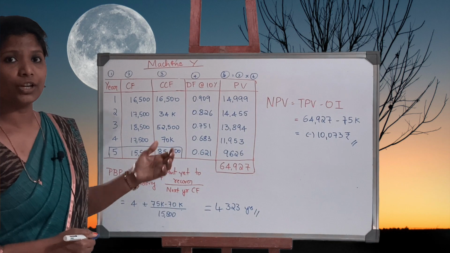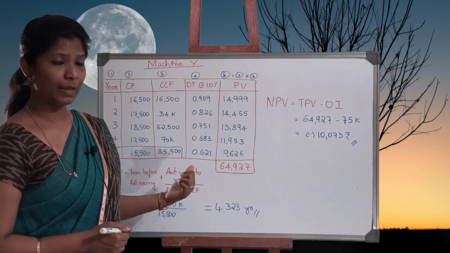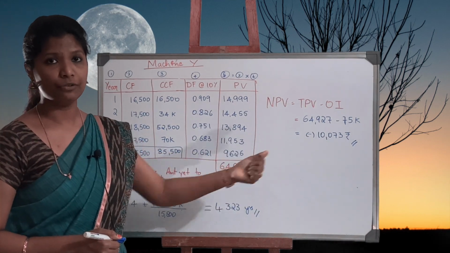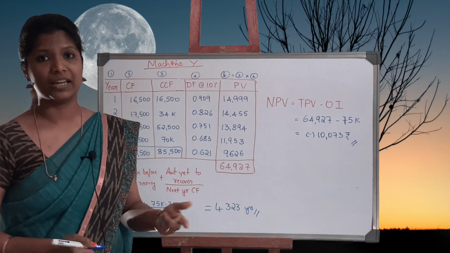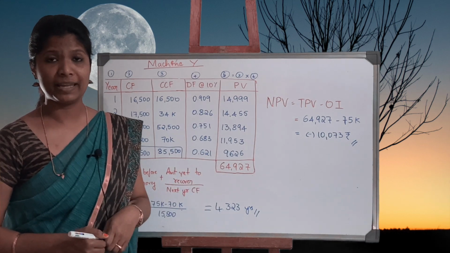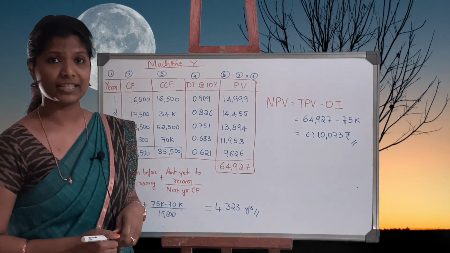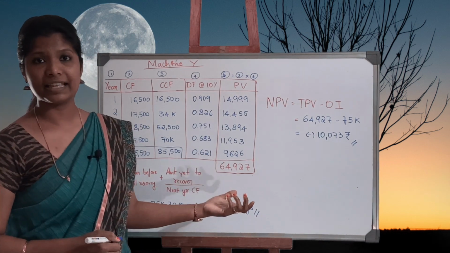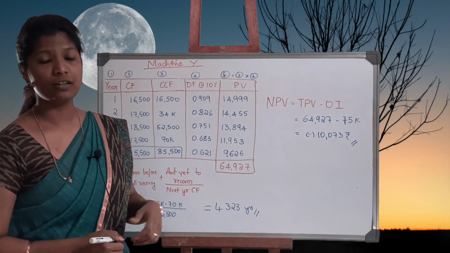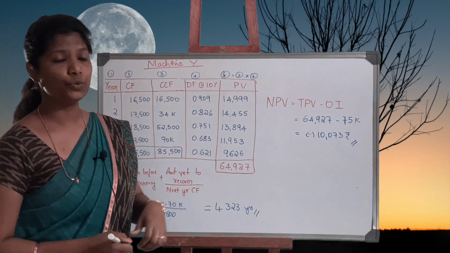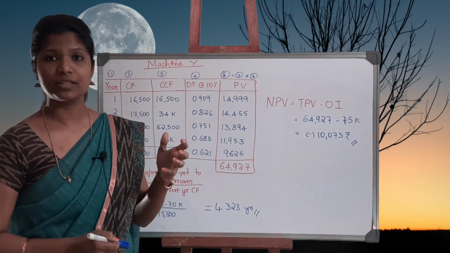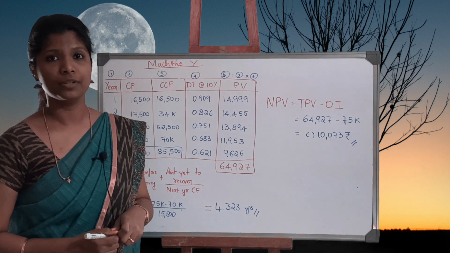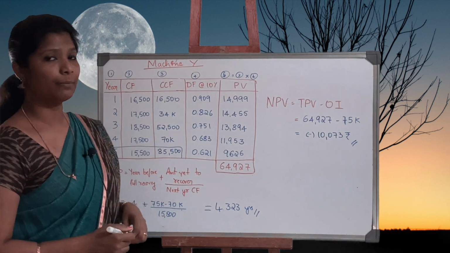So if we compare the values of payback and the net present value of both machine X and Y, we see that both the projects are being rejected because both the projects' NPV values are negative. So you can write a conclusion: neither machine X nor machine Y is being accepted because their NPVs are below 0. So this completes your question number 3.